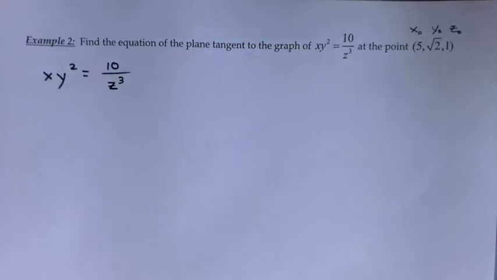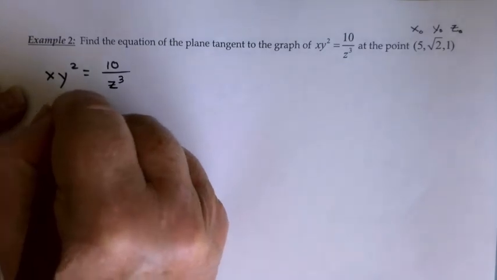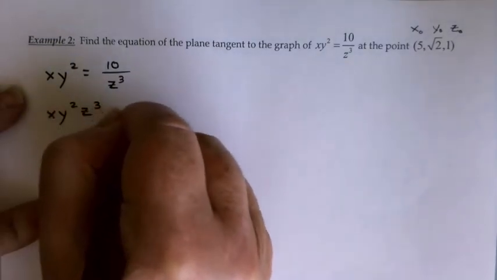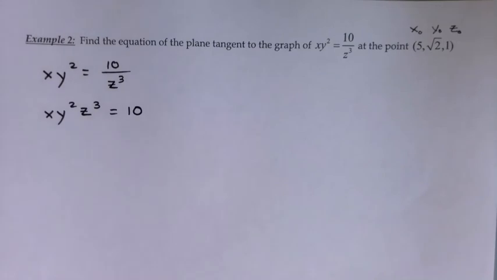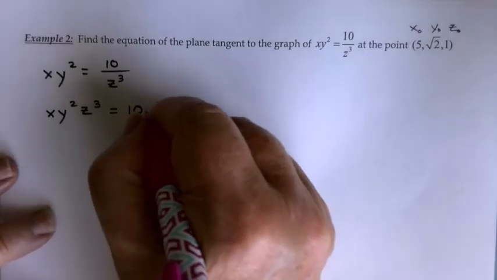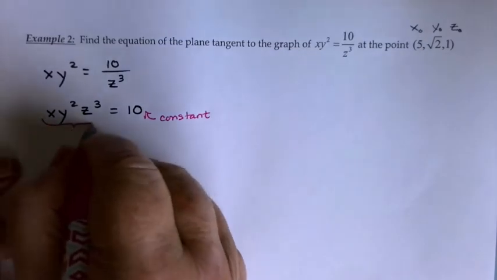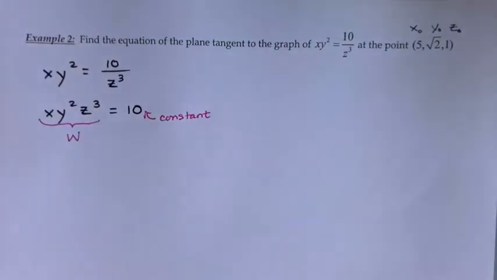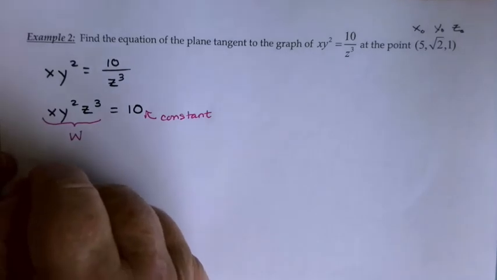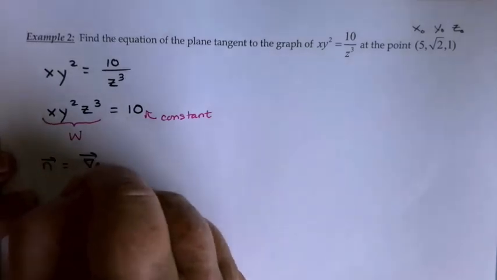And again, I need to get that equation in the form something equals a constant before I can call it W. Now I could subtract if I want to, but actually if I multiply by the z cubed, I think I'll have a nicer equation. So I'm going to choose to do it that way this time. And I now have an equation equal to a constant, meaning I can call this W. So my normal vector will be the gradient of W,